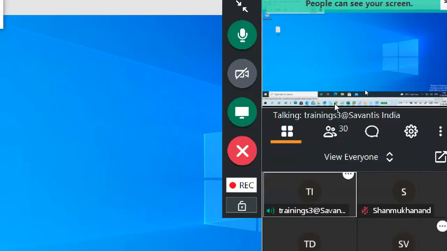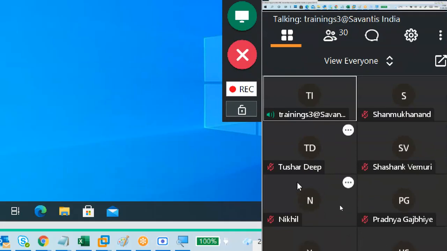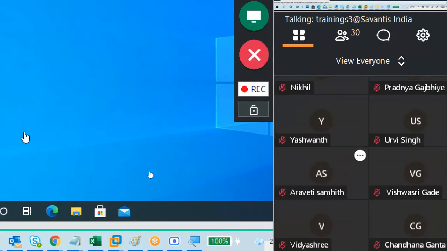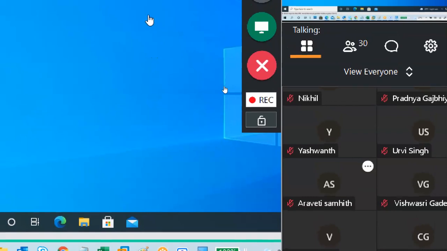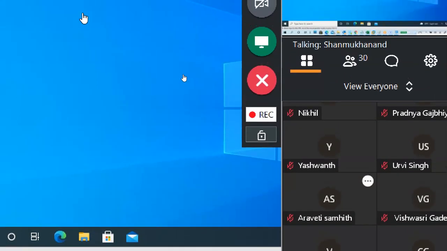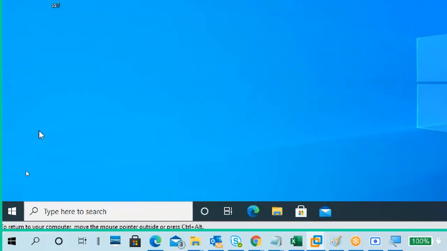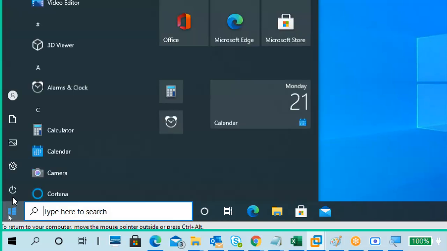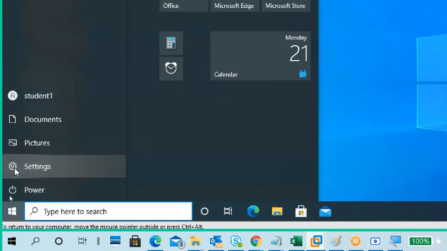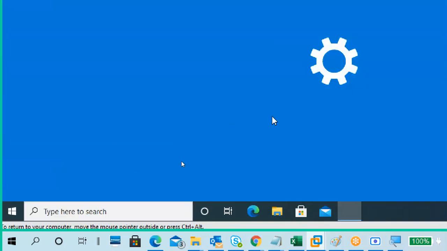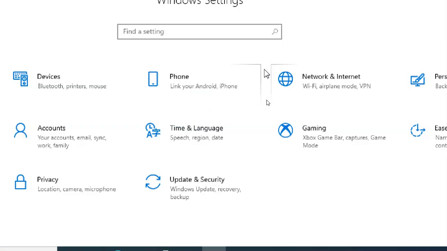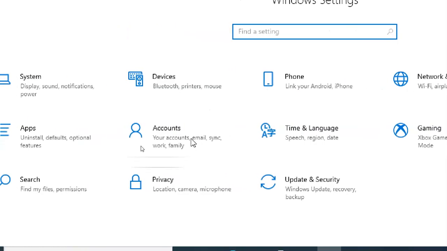Now, who is going to tell me? Settings. Yeah, Shanmukanand is telling. Shanmukanand, tell me how to create an account. Settings. Okay, Windows option, settings. Accounts.